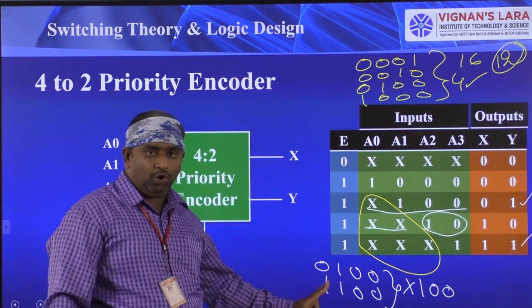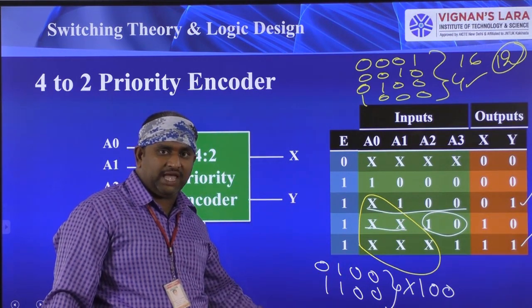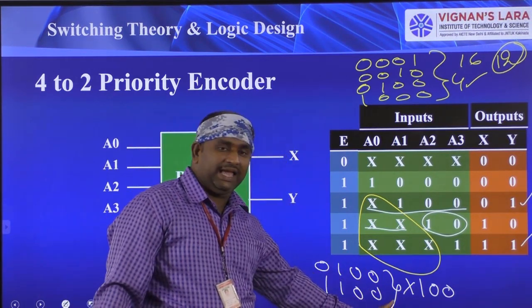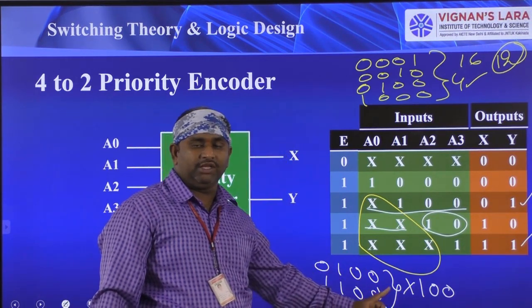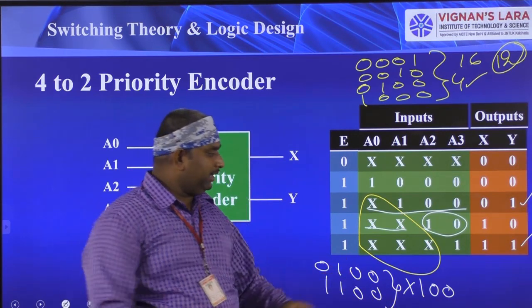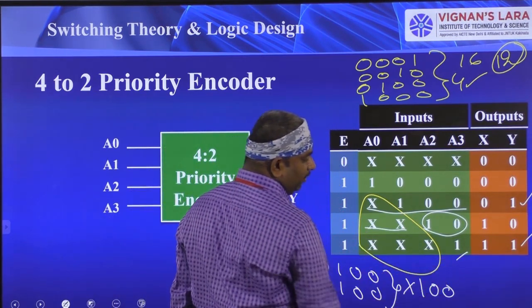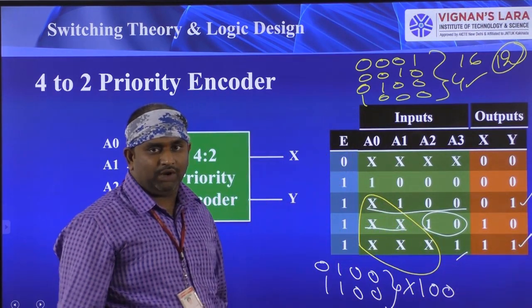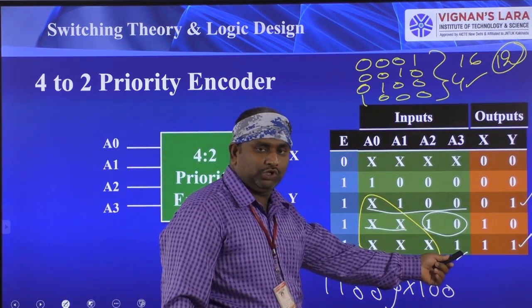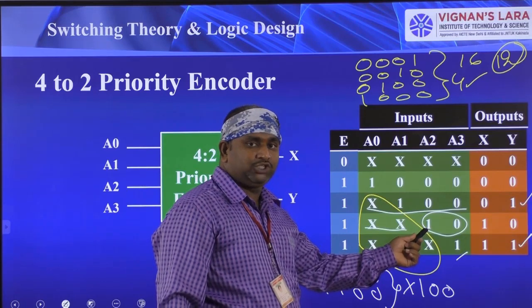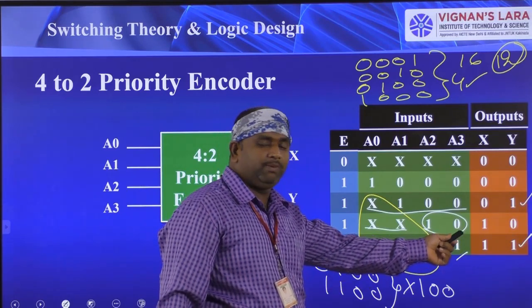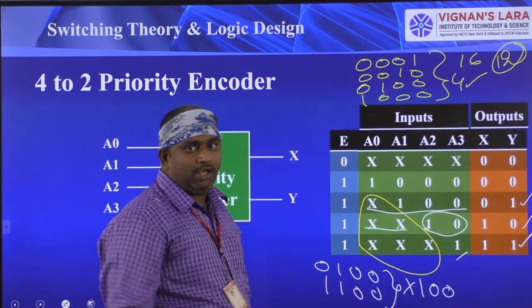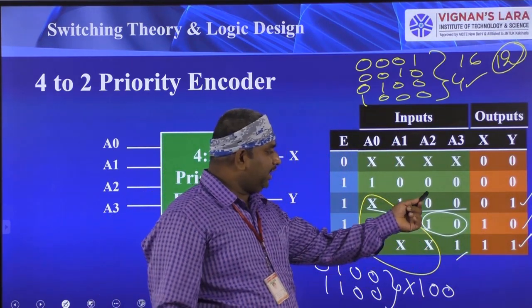Here I have two options, but in these two options I have chosen only one option. That option is the LSB bit you have to check. If the least significant bit is equal to 1, then automatically the output combination is 1 1. If the LSB bit is equal to 0, check for the next bit. If the next bit is equal to 1 and the LSB bit is equal to 0, then the output is 1 0 combination. If it is also not there, you will get another combination.